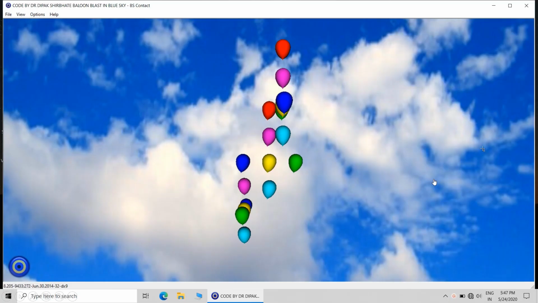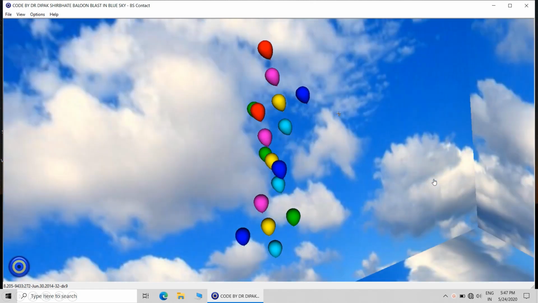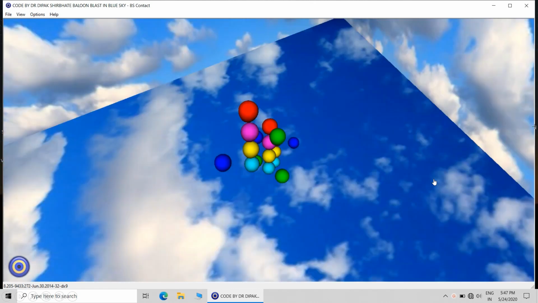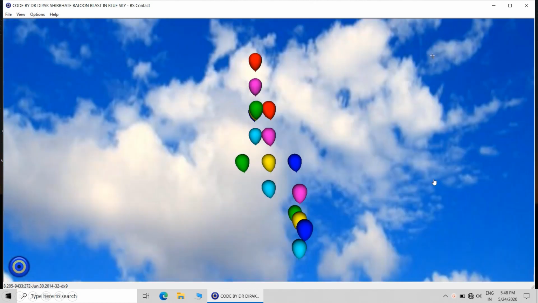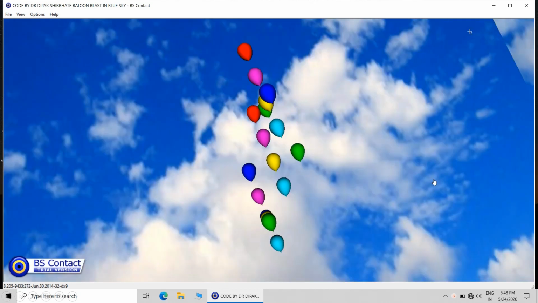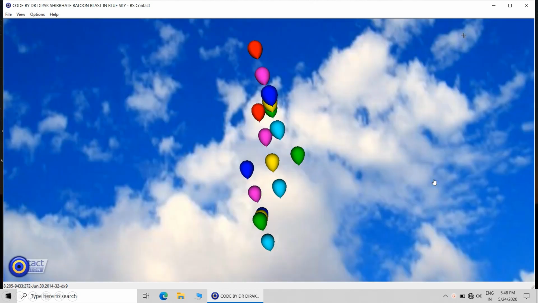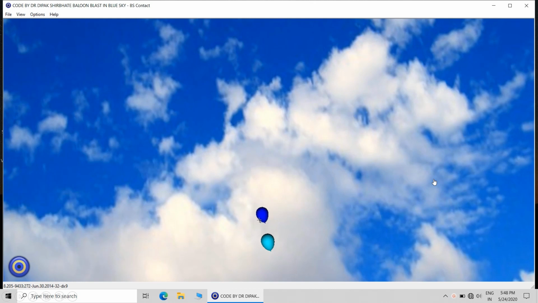Now this is another code in which I have bounded all 6 sides, front, left, right, bottom, top, with one JPG image of the sky. So you rotate in any direction, you will see the sky image. And here I have moved the sphere inside the balloon. So moving the cursor over the surface of the balloon will cause the blast. So that completes our exercise of balloon blast or balloon hide using the VRML code.